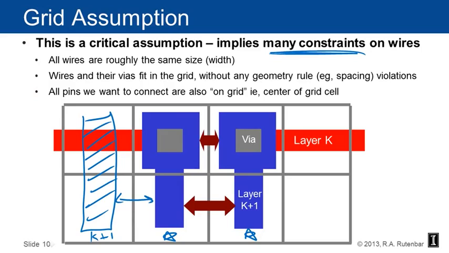Another thing that's true is all the pins we want to connect to also have to be what is referred to as on grid, which means they are in the center of one of those grid cells. So if I route a wire into a grid cell and you tell me there's a pin there, we both just agree that I connected it, because we agree that the pins are right in the middle of the grid cells. So it implies a lot of sort of precise low-level geometry kinds of assumptions,